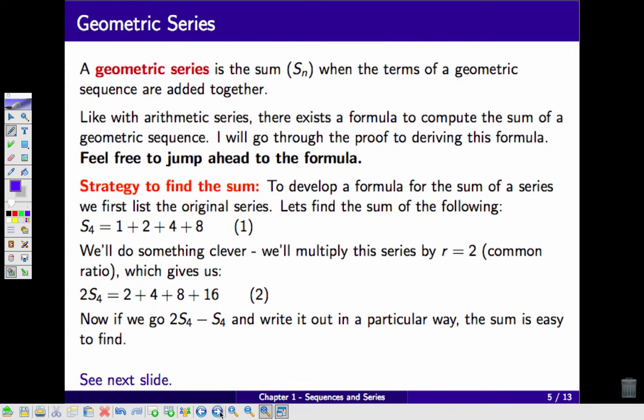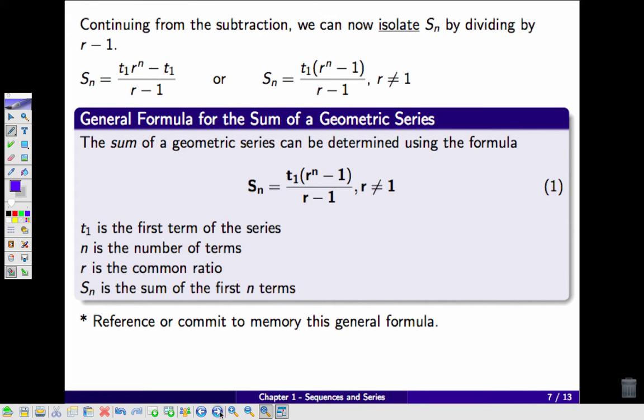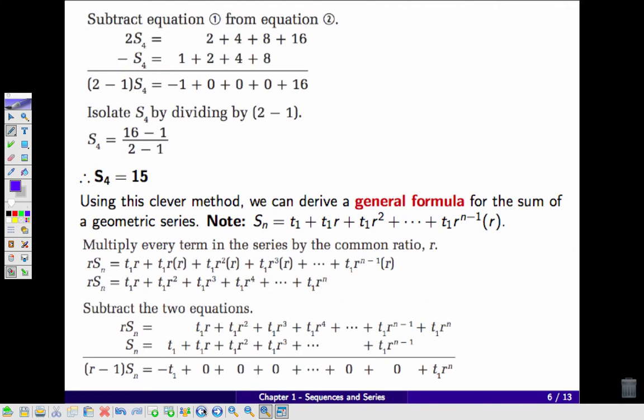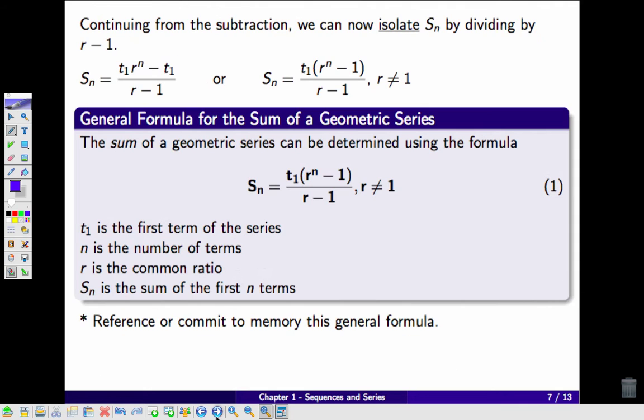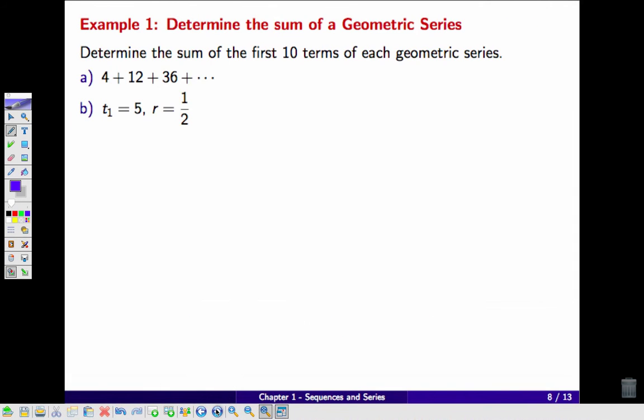So I'm going to get into the practice problems. First of all, there are going to be two formulas. Here's the first one we're going to be using. It's a bit long, but all the terms are the same. And this proof, and I apologize for how ugly it looks, is how you derive that formula, which I think is important to understand. So, moving along